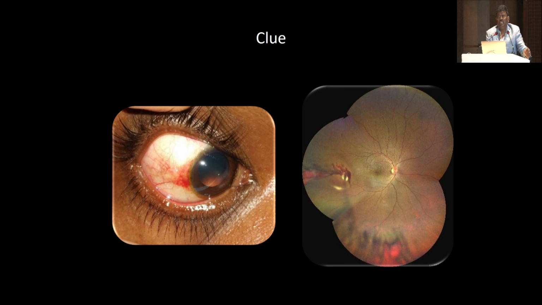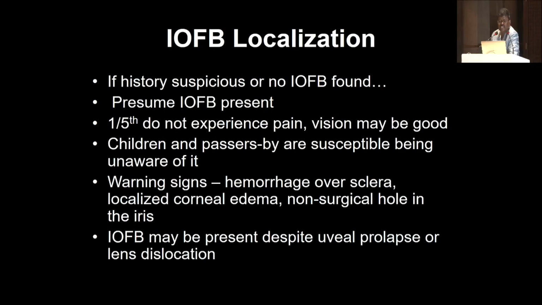Whenever we see a patient, there is always a clue. This was one very important case. This case had a lid tear and some subconjunctival hemorrhage, but believe me, people had not done any X-ray. So this is a clue. Whenever there is a hemorrhage and a small lid tear, they just send the patient off. But when the patient came to us, on dilatation you could find the intraocular foreign body with some hemorrhage inside. So if there is a very subtle tear, just dilate and look at the fundus, because the best way of localizing the foreign body is immediately dilating the patient and directly visualizing the intraocular foreign body.